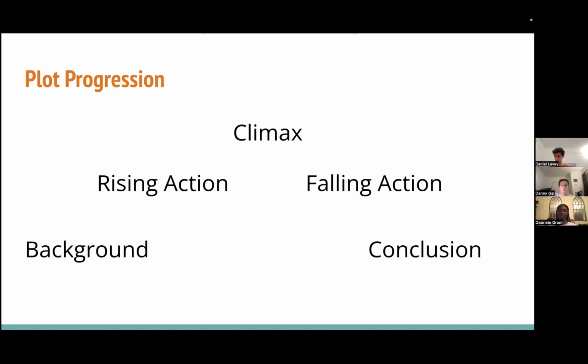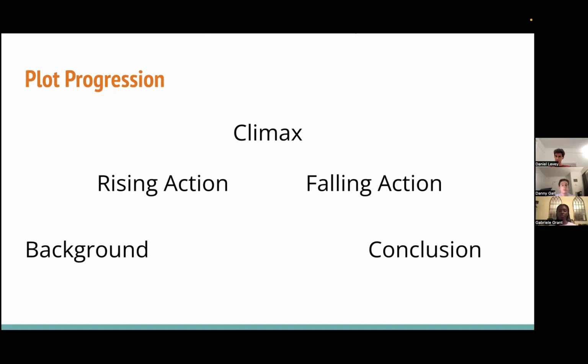The climax of your story can be very fun to write because the background and rising action will aid with the heightening of the conflict between the characters and possibly their surroundings. For the falling action, you'll get to think about ways to resolve the conflict that was experienced by the characters during the climax. And as you prepare for the conclusion, it's important to address the cliffhangers that were left in previous parts of the story.